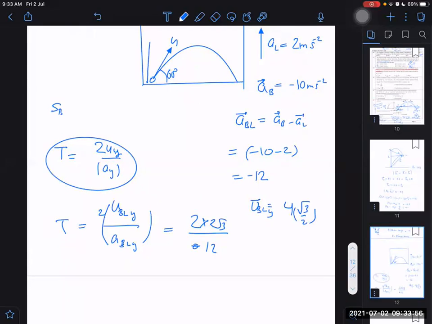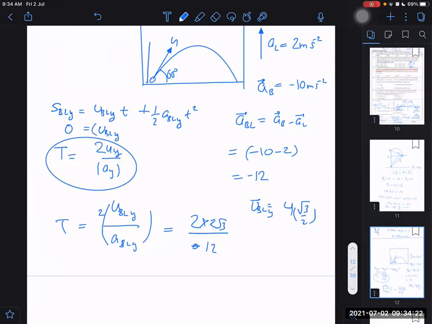One step back is SBL along y is equal to initial velocity of B with respect to lift along y into t plus half of acceleration of B with respect to lift along y into t square. If you use this formula, then also the answer will be obtained. This we will put as 0. And it will not take much time to get the answer. It will be in one next step only.